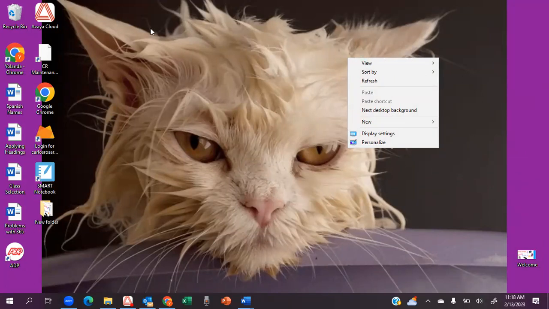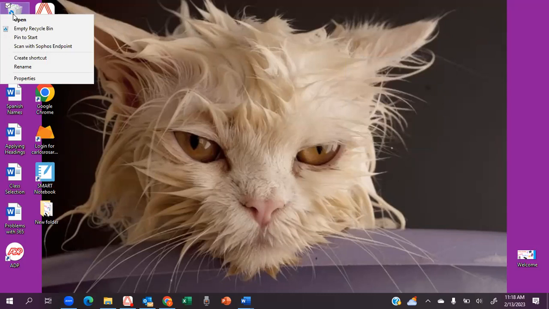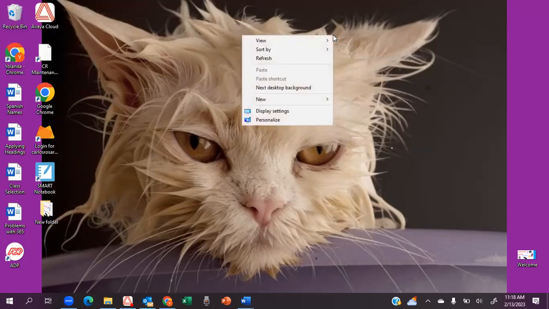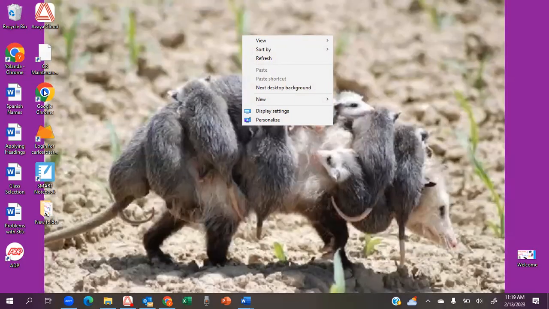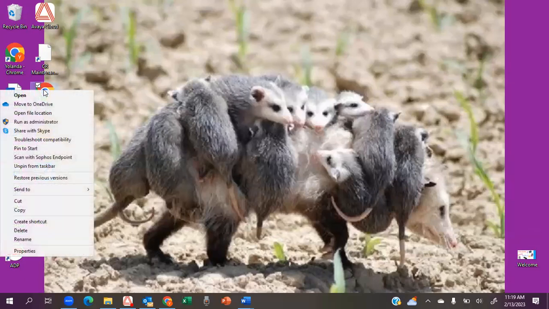So let's right click on an icon. Let's right click on the Recycle Bin. You get a shortcut menu. It's different from the shortcut menu that you get when you right click on an empty space on the desktop. Let's go ahead and right click on Google Chrome. Oh, we are all on our desktops right now. You get a shortcut menu, but another different shortcut menu,